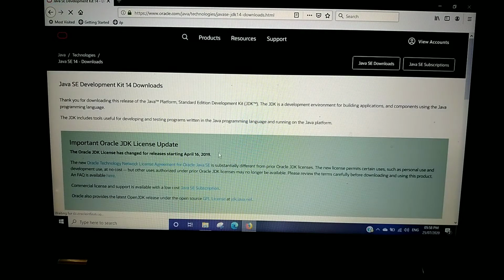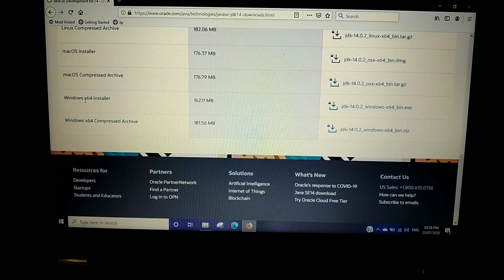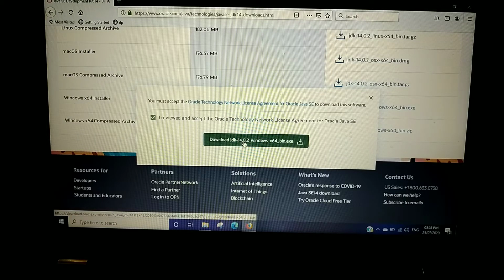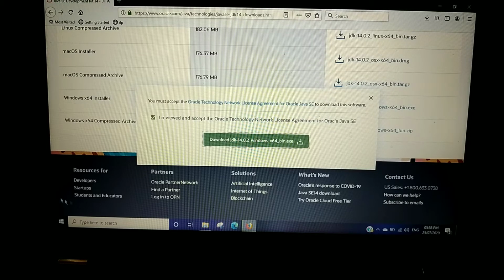Click on JDK download and go below, where you will find all the operating systems like Windows and Mac. Click on Windows x64, the 64-bit operating system, accept the license, click on download and save the file, and the Java JDK is downloading now.